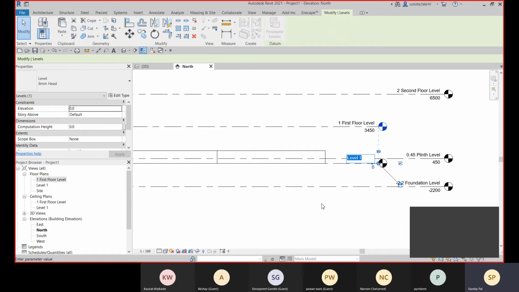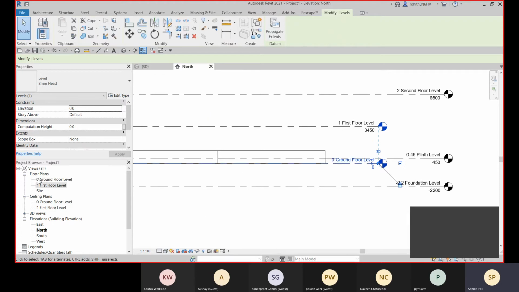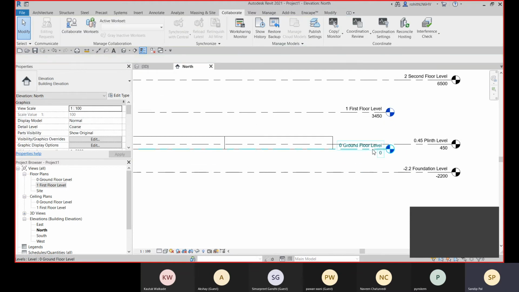Okay, so zero, ground floor level, and yes, I need to rename it, and here you can see that it is renamed right now, and I will monitor it.